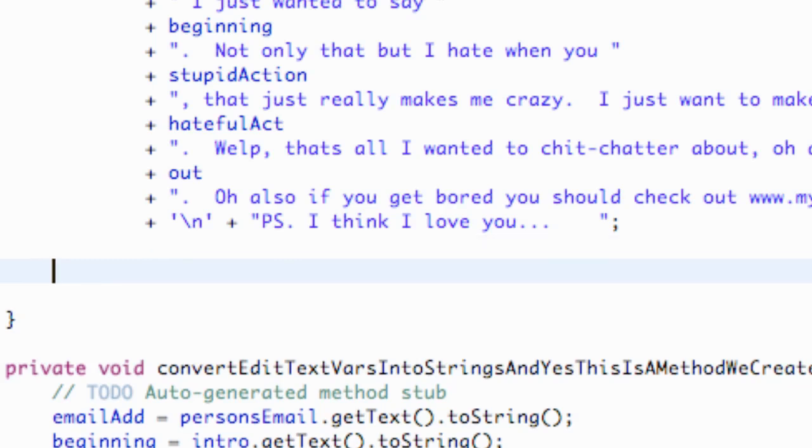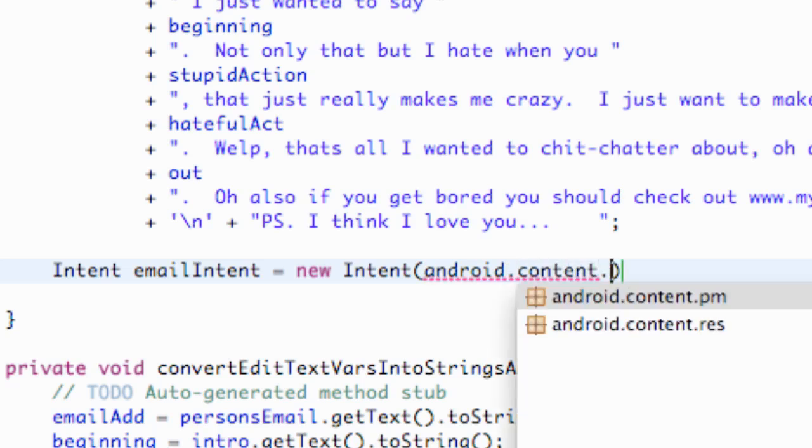And so first what we're going to do is set up an intent, just like we set up all other types of intents for the most part. So we're going to say Intent, and we're going to call this email intent, something like that, and hit enter. And then again we have to import the intent and say new Intent, just like always. And this time what we're going to put in the parameters is we're going to reference something from the Android SDK, and it's going to be called android.content.Intent